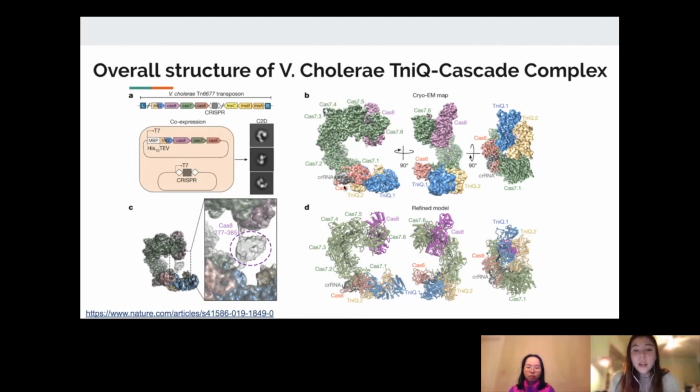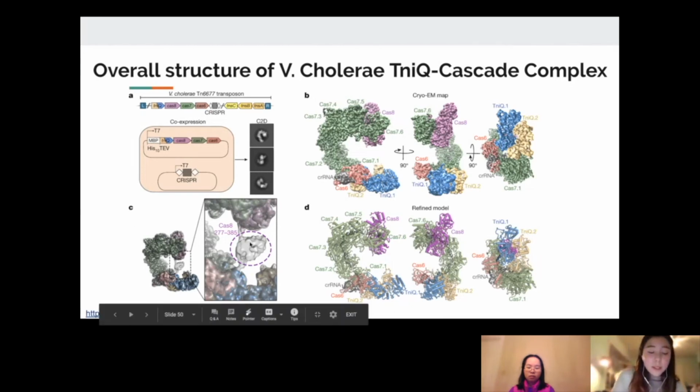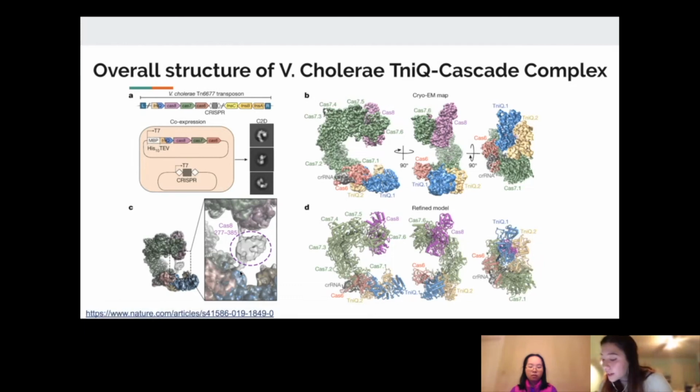areas. If we look closely, the crRNA that needs to bind in order for this system to be targeted to the correct place is located here in gray and is bound to the Cas7 and Cas6 regions. The natural Cas8-5 fusion in the cascade complex is seen in this part over here. The reason that we see it in this chart on the side, but not in the overall cryo-EM maps and the refined models, is that in order to find it, you needed to have low